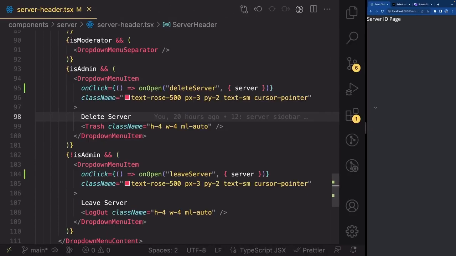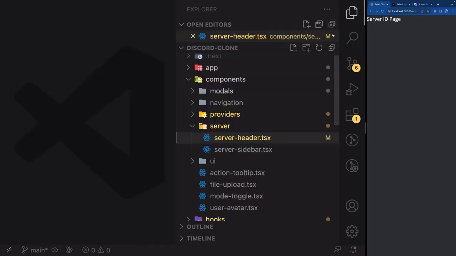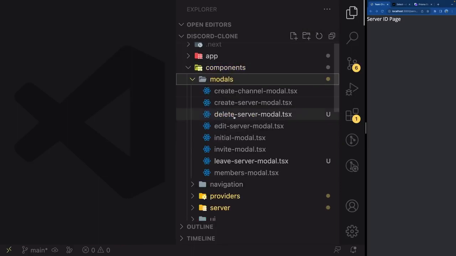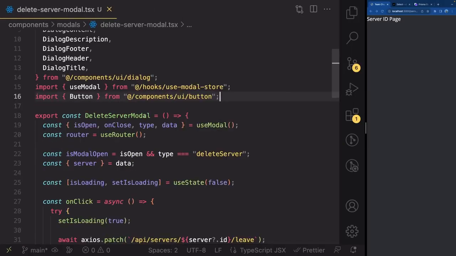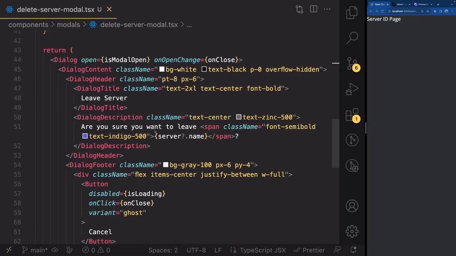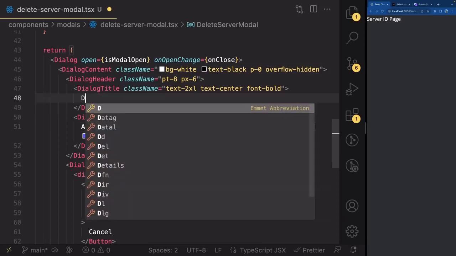Great. And instead of saying leave server, it's actually going to say delete server. So let's go inside of our models, find the delete server model, and there actually isn't too much to modify here. So let's find our text that says, are you sure you want to leave? And instead of leave, well, actually, we're not going to do this. Let's first change the title, which is going to say delete